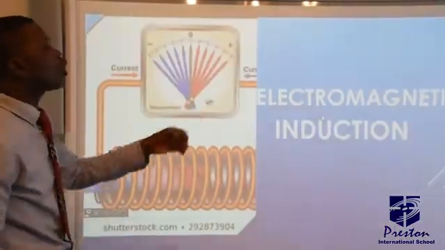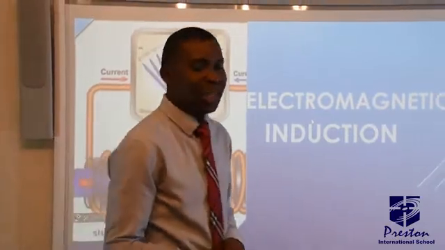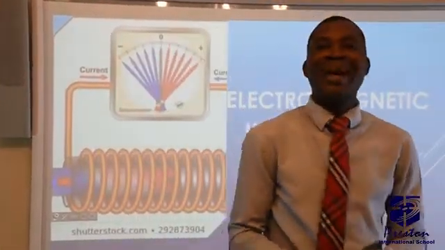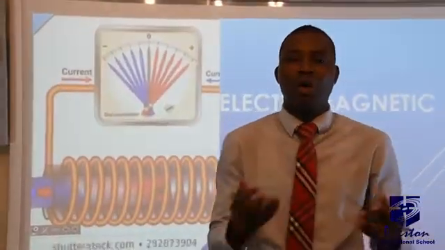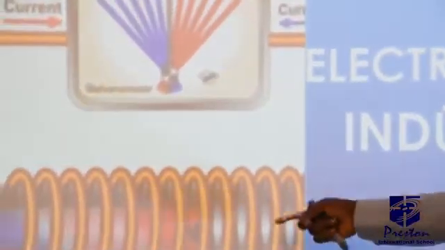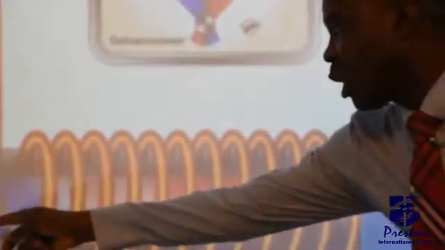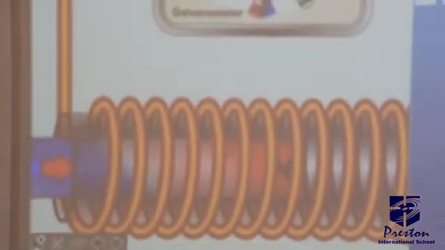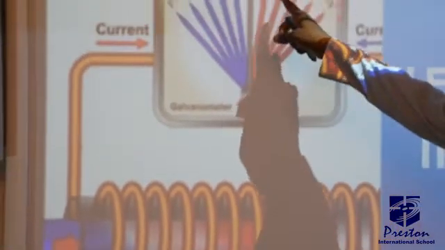The first one is the concept of electromagnetic induction. It has been observed that anytime magnetic field cuts a coil or cuts a conductor, current will be induced in that conductor. In the setup behind me, we have a conductor here, we call it solenoid, and then we have a magnet. Now, we notice something connected to a magnet, connected to a galvanometer.